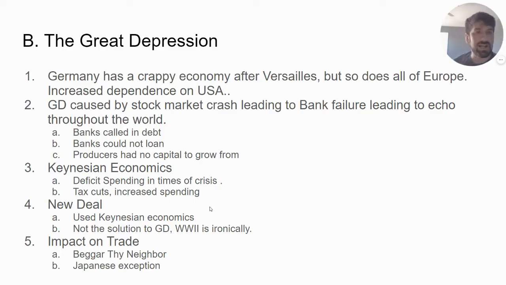When the stock market crashes through a series of different events, the financial system buckles. The U.S. financial system buckles. And what that means is that the system that had been keeping European governments afloat after World War I collapsed. And there's no way that these governments can stay stable anymore. Germany in particular, because of choices that they made in regards to their currency and paying reparations, essentially what was happening was